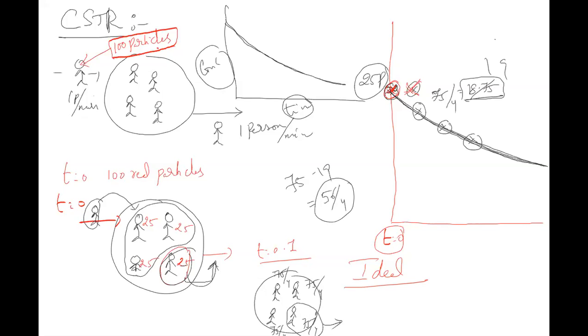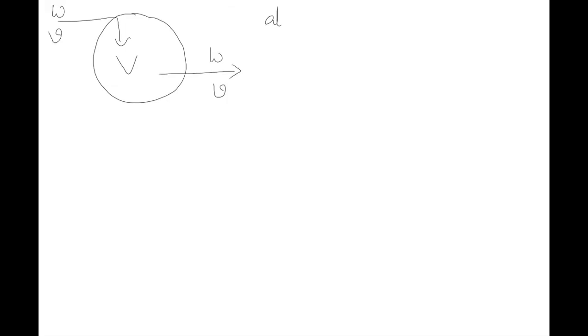If everybody is clear, then I'll move to the derivation of this CSTR. Let's take V volume of CSTR. There is a flow rate of v going into the reactor. Let's say white fluid is going into the reactor, white fluid is coming out of the reactor. Now at time t equal to 0, m moles of